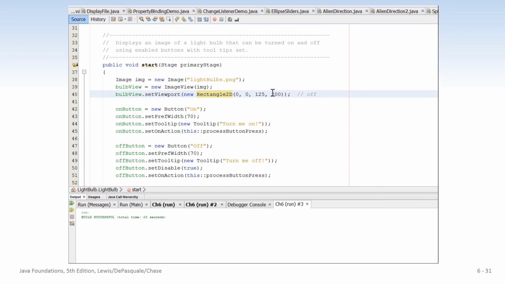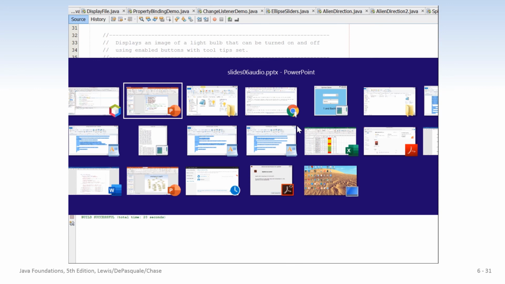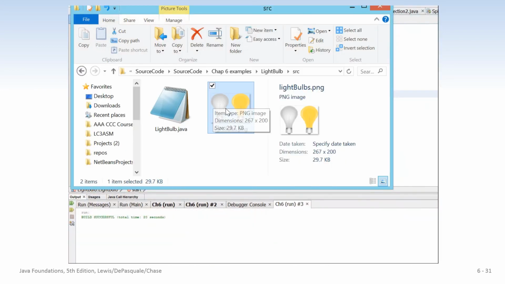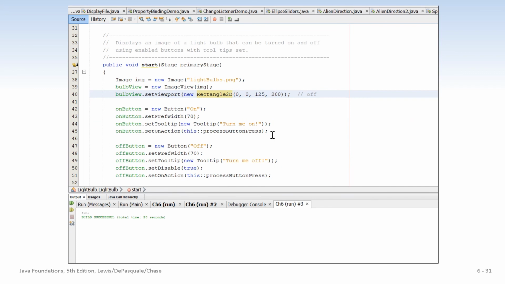So Image img, new Image, and we have this lightbulbs.png, and let me show you what that is. Here it is. It's actually a PNG image that has both an on and off light bulb, and we'll see how that works in a second. This bulbView